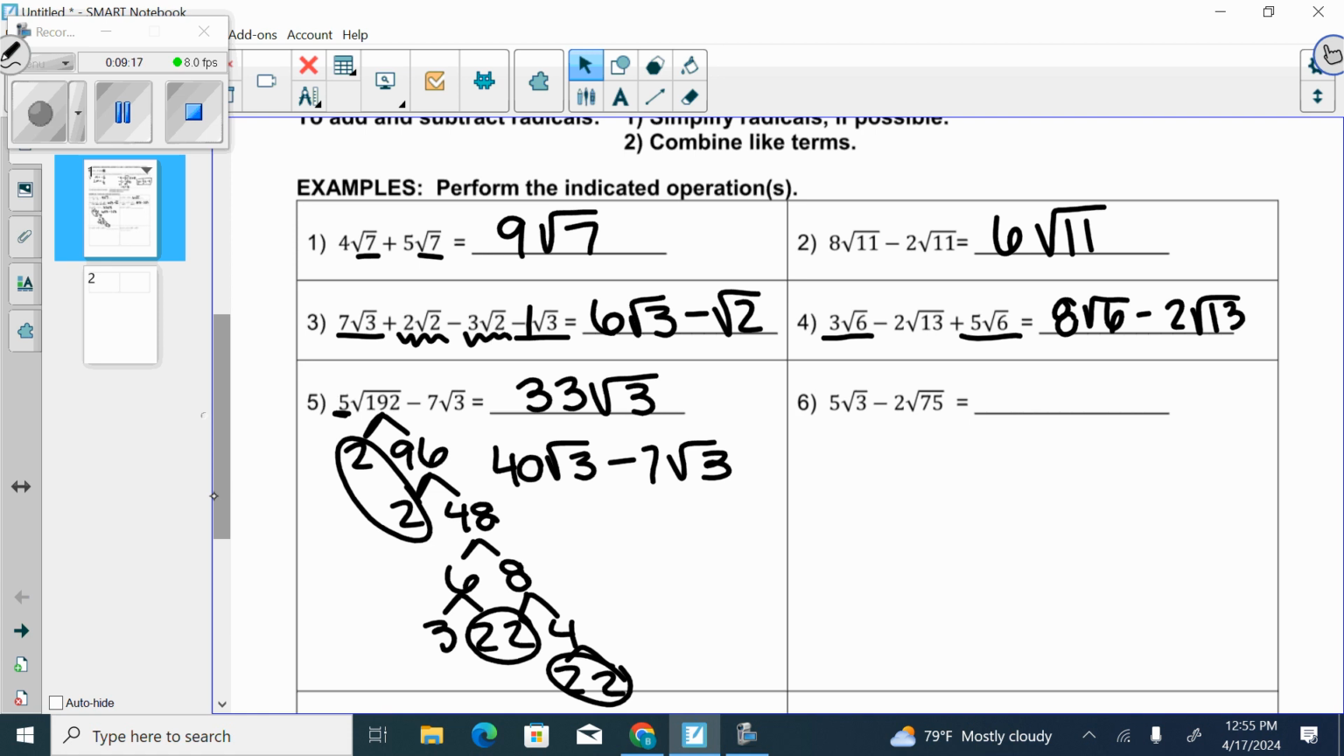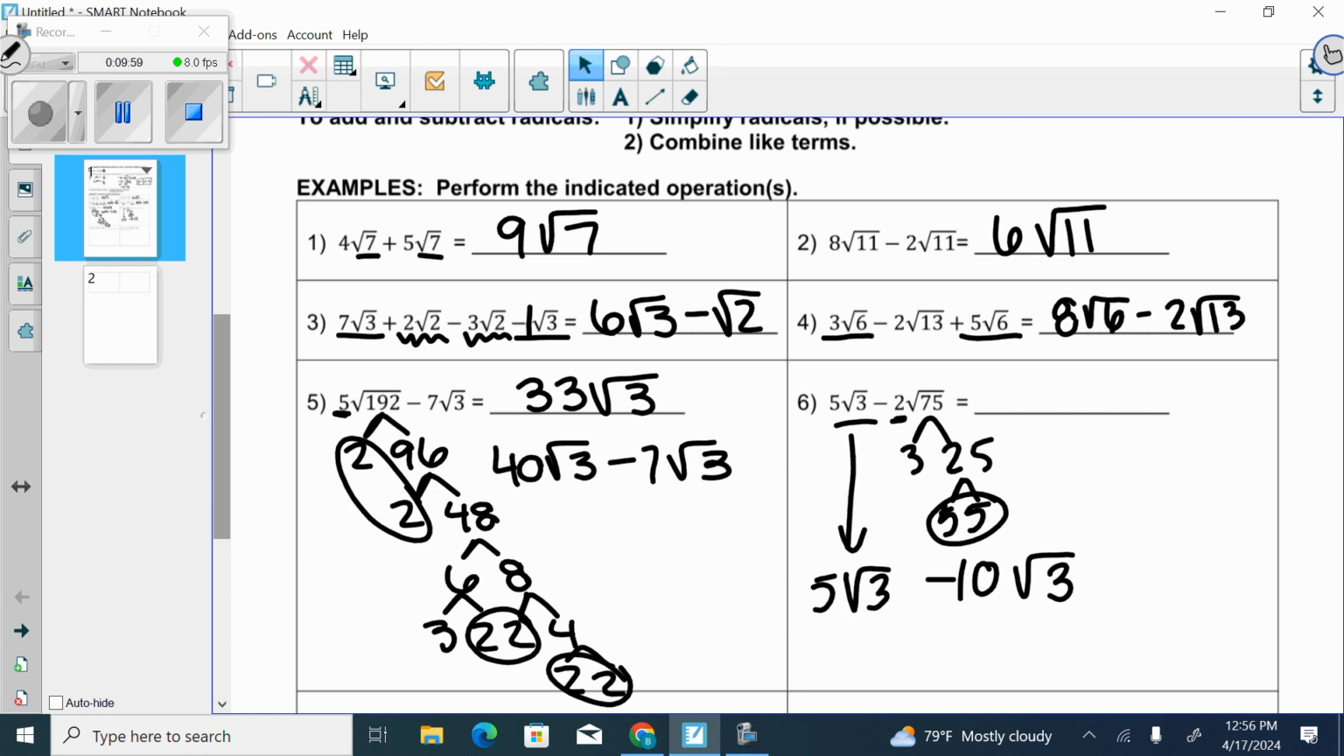Okay. Number 6. I can't simplify the 3. You guys think we can simplify the 75? Okay, what's 75 break into? Okay, what does 25 break into? So it's a pair of 5s, right? Okay. So there's a pair of 5s, and what was already in front? Negative 2. Okay, so 5 and negative 2 is going to give us negative 10, and what was left without a pair? 3. And then this in front, I'm just going to drop that down. Good. 5 minus 10